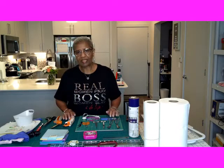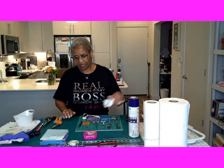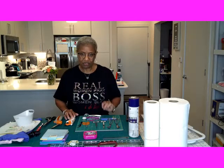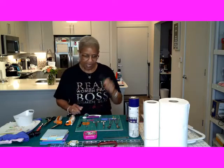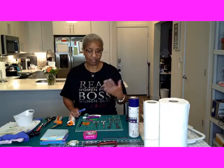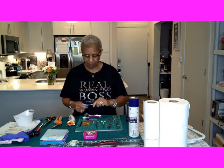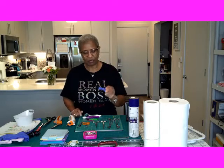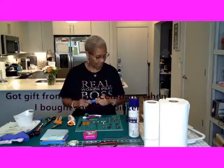But the whole point is to let you know that you're going to need to have fabric scissors, you need to have a cutting wheel, and you definitely need to have applique scissors. The other thing that you need to have that is definitely a must are a good pair of snippers. Now I have several pairs. They're not that expensive, and sometimes when you order your stabilizers, at least that has happened with me, certain brands will actually give you a pair, which is what happened with this one, and I love this one. It's really sharp, and it comes in a case, so I really like this, and I don't remember what company gave me this, but I got this as well as a